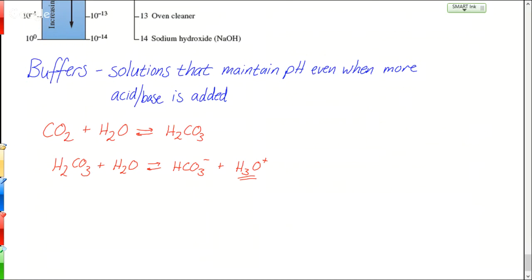Since hydronium or hydrogen is the source of acidity, the more carbon dioxide that dissolves in the blood, the more hydronium there's going to be, and the less carbon dioxide there is, the less hydronium there's going to be. And because of the weak acid thing that you can learn about if you want, carbonic acid is a weak acid, and so this acts as a buffering system to maintain the pH. But if there's not enough carbon dioxide in your blood, you can actually screw this up and not be able to control your pH